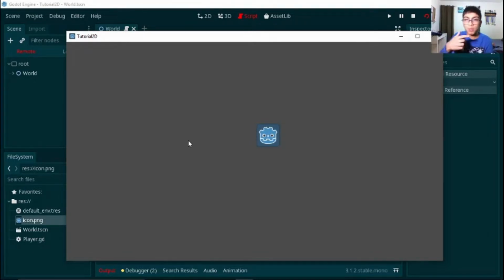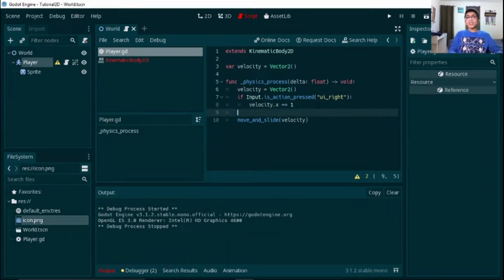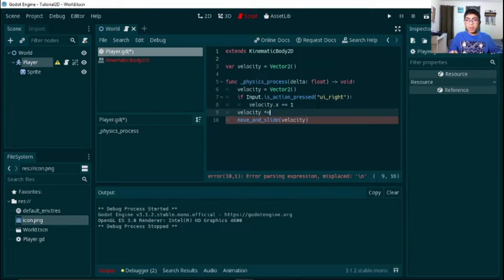The webcam's inverted, so I guess that's the right. Okay, so it moves to the right. Now, it's very slow. So what I want to do is, before I move and slide by the velocity, I want to multiply it by, this means multiply it by, over here, times equals. I want to multiply the current value by, let's say, 100. Okay, so now if I run the scene, F6,